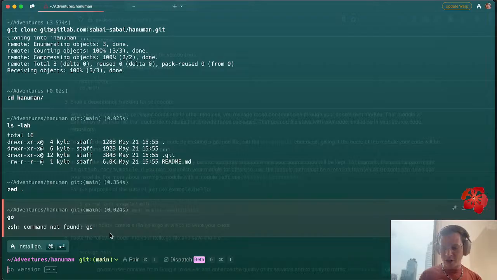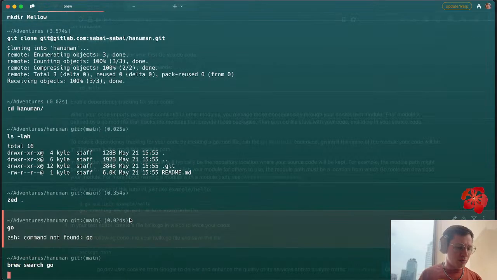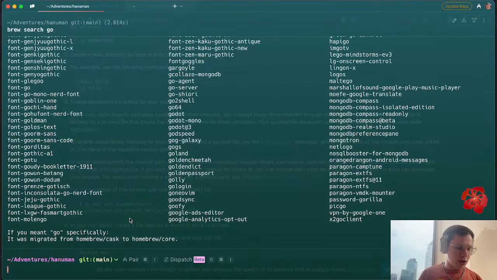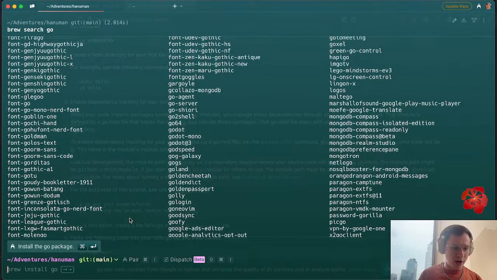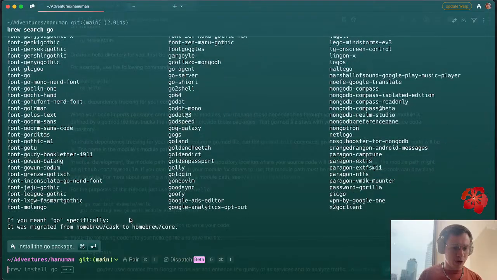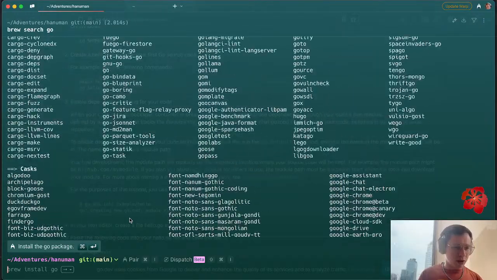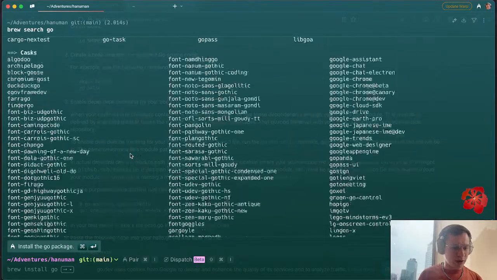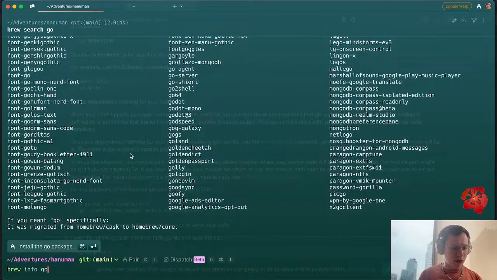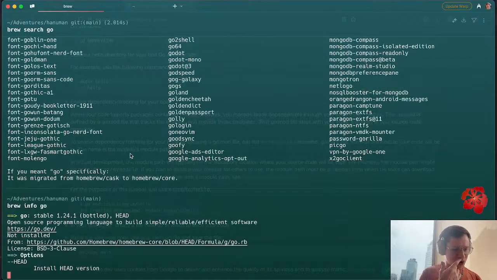Oh, actually, I don't have Go installed on this computer, so I'm just going to use Homebrew. That tends to be the quickest way for a lot of Mac-based development tools. Oh God, of course, there's a million things that have Go in the name. Brew info go. I make sure this is actually